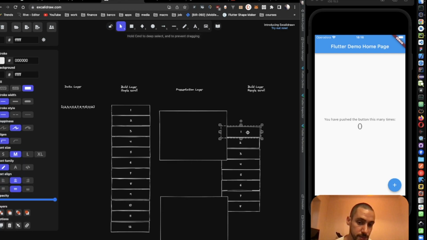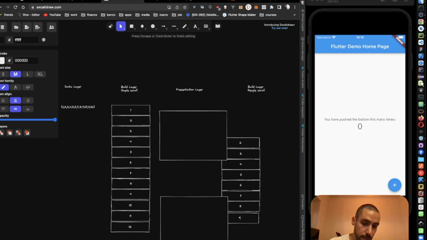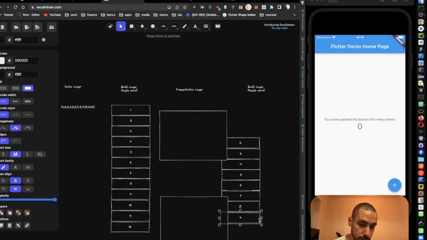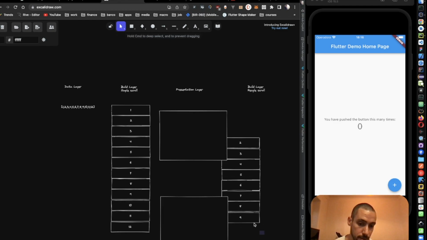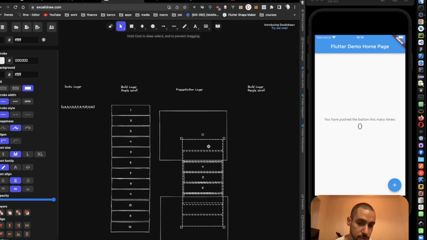So it will remove this element and add another element here. It will go to the data layer, know that here should be a 9, update this, and then continue the scroll